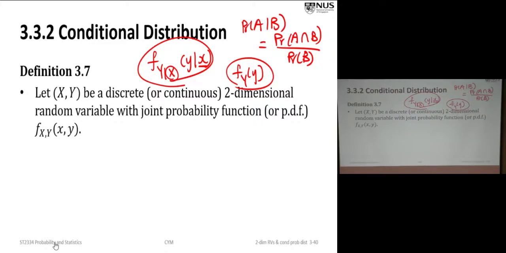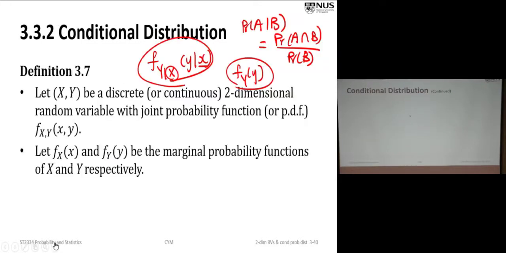When random variables X and Y are independent, then these two distributions will be the same. That means the behavior of the random variable Y does not depend on X. No matter what your X is, it behaves the same way. So in that case, we say X and Y are independent. All right, so